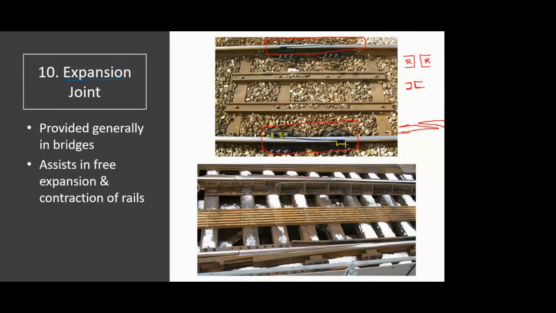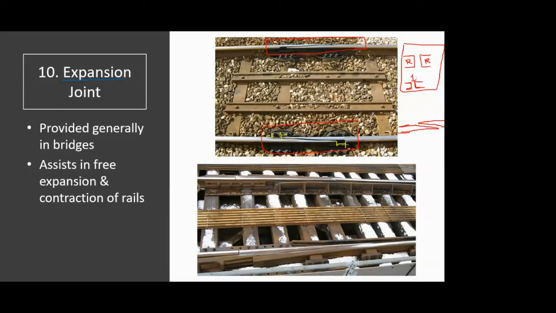So what we are doing is increasing the number of locations where the rail can expand. In this example we are having just one location where the expansion can happen, but if we provide this type of slot in the rail, then at two locations the expansion can happen. At two locations it will be freely expanding, and the stresses will be a lot less than the stresses that could be developed in this first type. So this is a typical expansion joint.